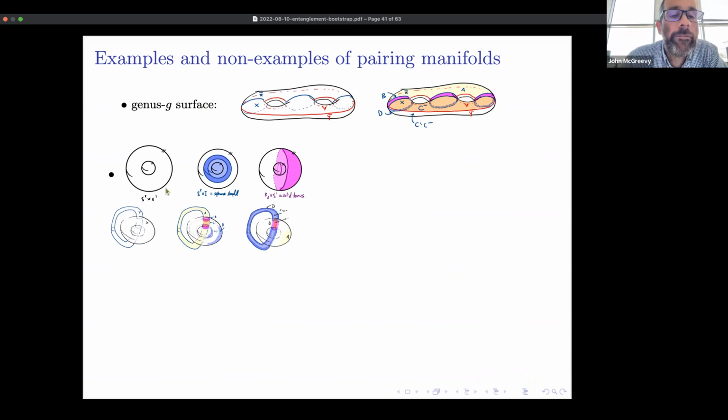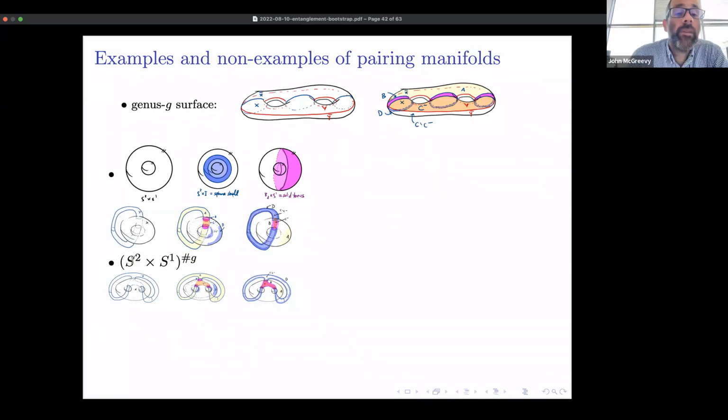The two ways of cutting it in half: one way to visualize it is to think of it as, here's a sphere and here's a sphere. Think of this as a spherical shell where I glue together the inner sphere and the outer sphere. So the circle goes in this direction from inside to outside. One way to cut it in half is just to cut out an interior spherical shell. Another way to cut it in half is just to slice it like this. So this is actually a solid torus because it's a disk times a circle. And if you look at the intersections of these regions, you can check that these delta BCD conditions are all true.